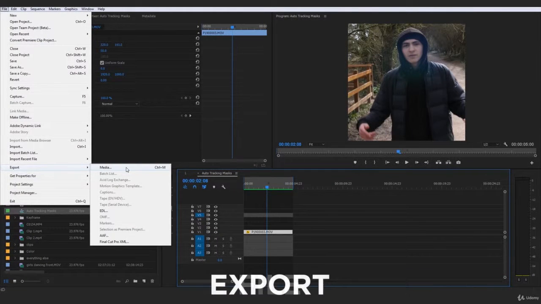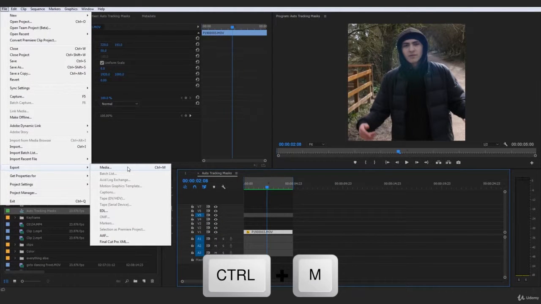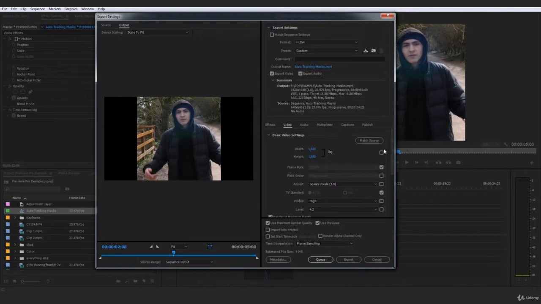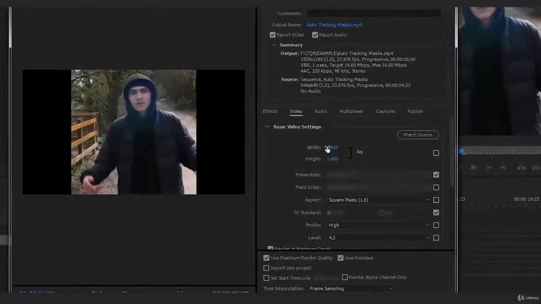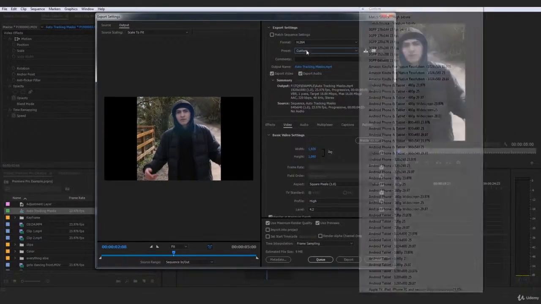And we could go up here to File, to Export, and to Media, or we press Control M. Again, I'm just going to click Media this time, and obviously it's going to come up a little bit weird like this. The reason for that is because we're still using basic video settings of 1920 by 1080, so we have to go to the preset,